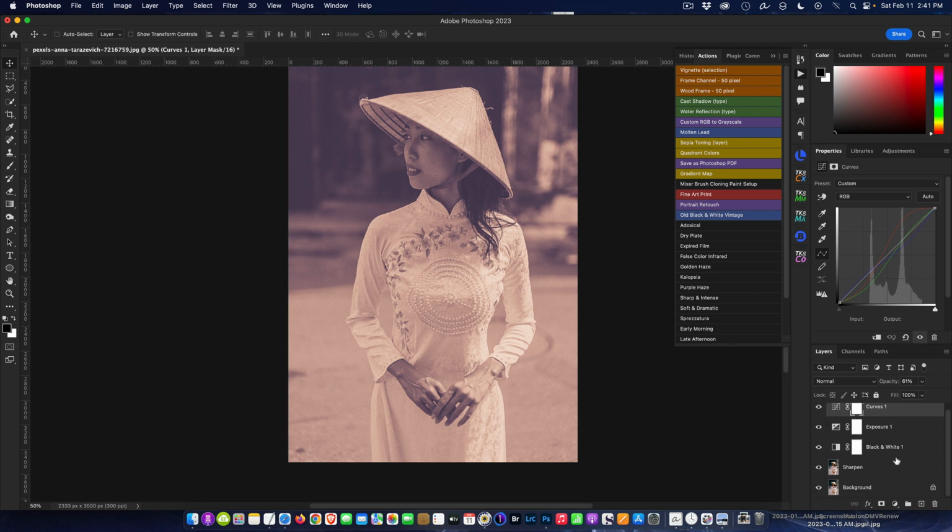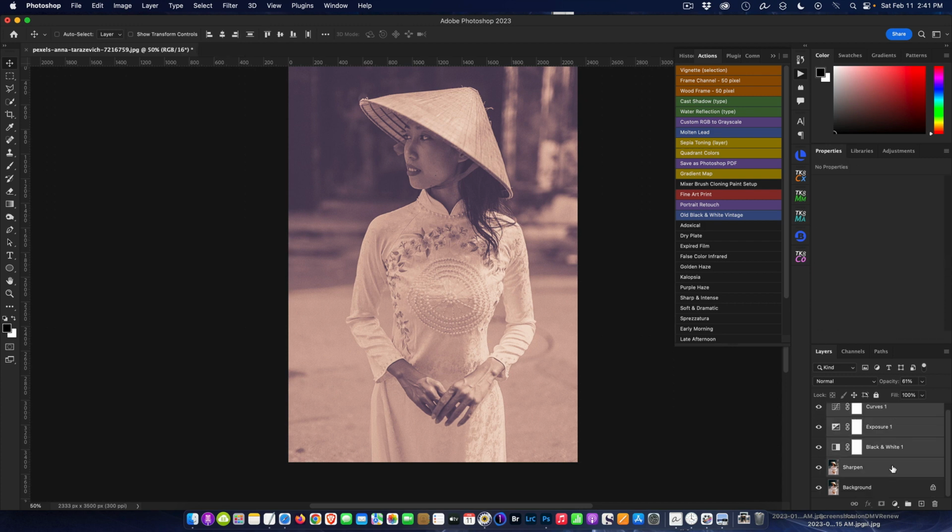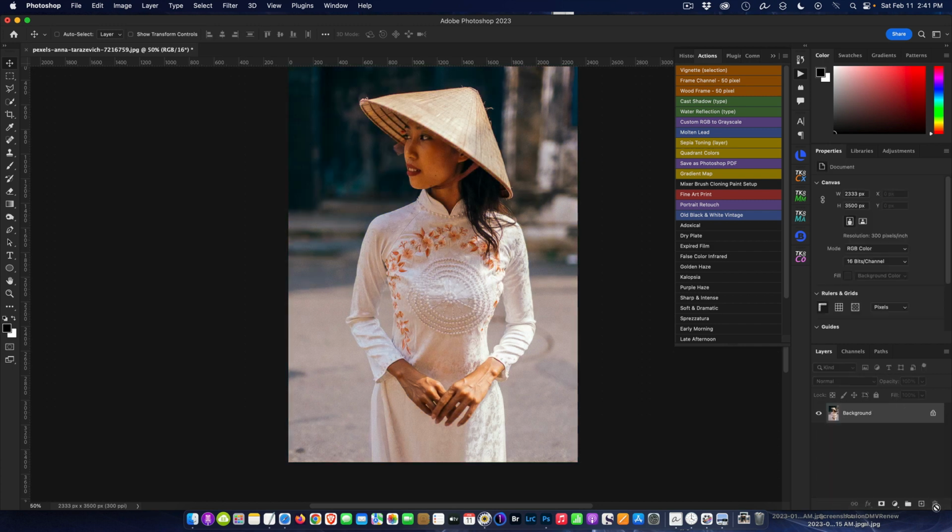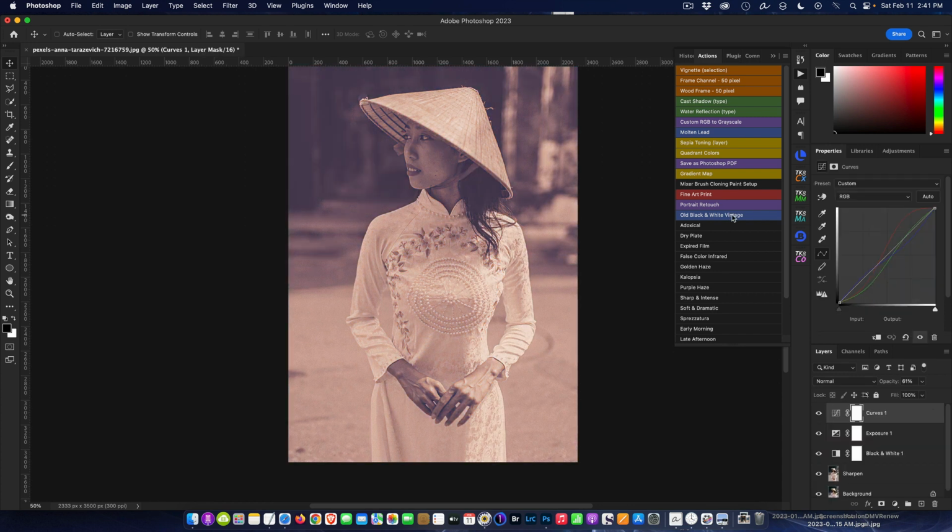So I'm going to take the first layer and the second layer, and then I'm going to throw these away, put it in the trash, and now we're back with the original image. And now let's go ahead and test our brand new action. So old black and white vintage, and there we go. With one click, we've got a beautifully aged image,